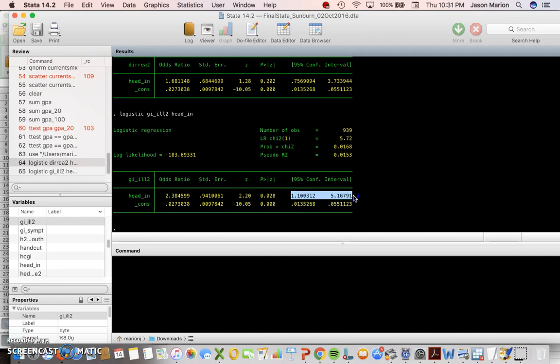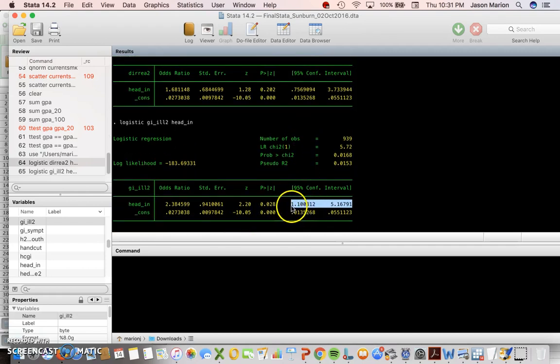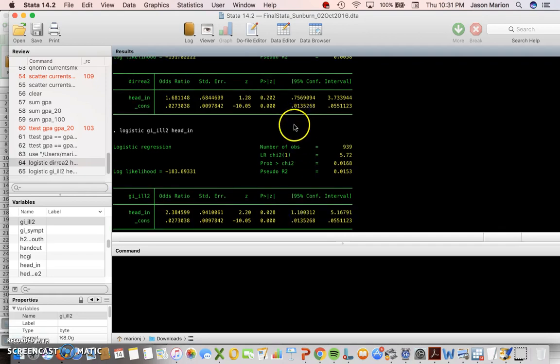If the whole confidence interval is harmful, then we'll have a p-value less than 0.05. If the whole confidence interval is protective, we'll have a p-value less than 0.05. It's only when we have confidence intervals on our estimate that go both below and above 1, where we have protective and harmful, where we have conflicting results saying that, well, putting your head in could actually reduce your risk of diarrhea. And here it says, well, it could actually increase your risk by 3.7 times. So whenever we're on both sides of 1, then it's not significant. And we have a p-value of 0.202 here, which is clearly greater than 0.05.